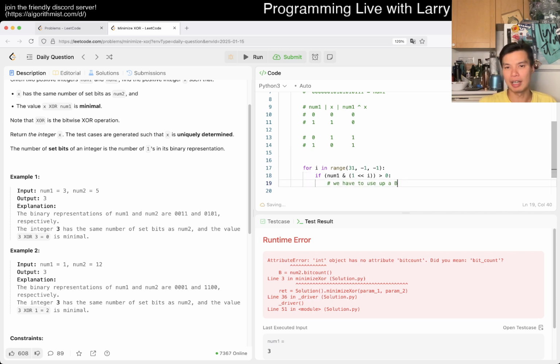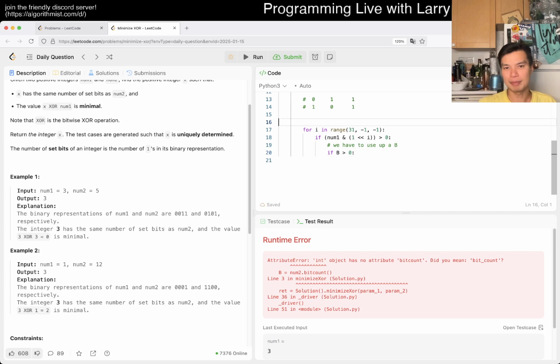So, if B is greater than 0, then we use up a digit, which means that for X, which is the answer, we decrement B, we flip X, and that's it, right? Else, you have no choice, so you don't change anything with X because you can't use any more. Okay, so otherwise, if it is 0,